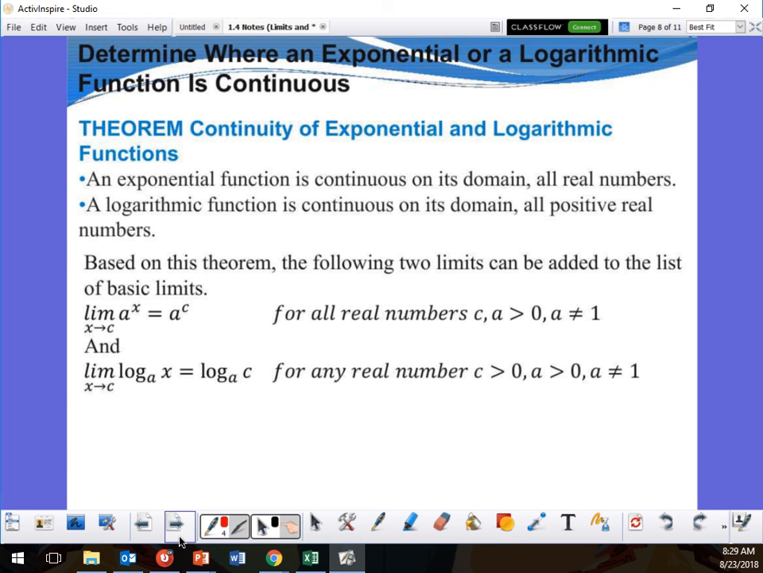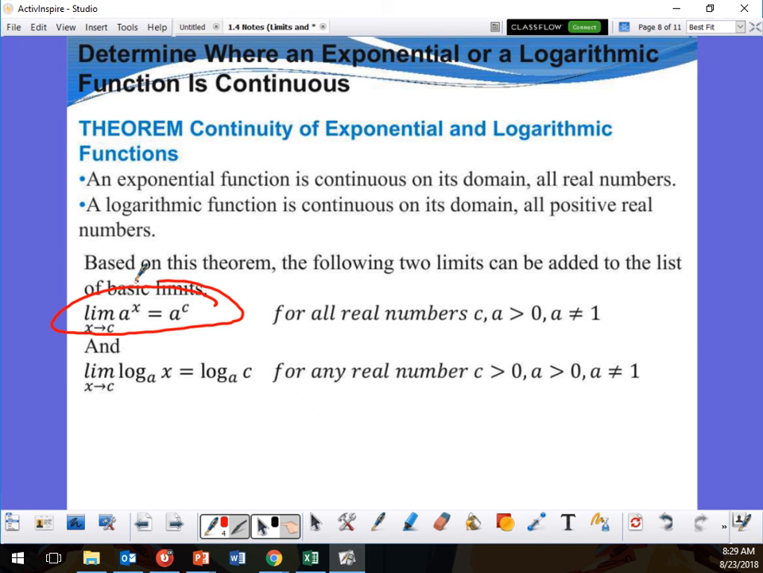Theorem. Continuity of exponential and logarithmic functions. An exponential function is continuous on its domain, all real numbers. A logarithm function is continuous on its domain, all positive real numbers. Now, this is exponential. Okay, it's raising to the exponent. The exponent is my variable. There's an exponent right there. So it is